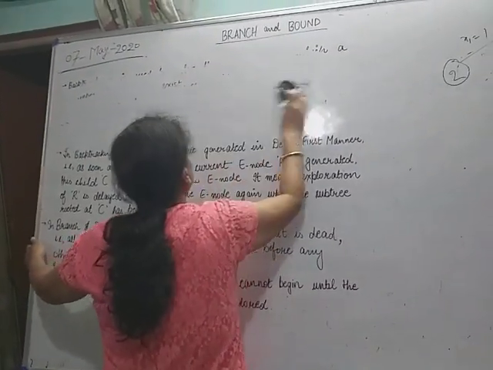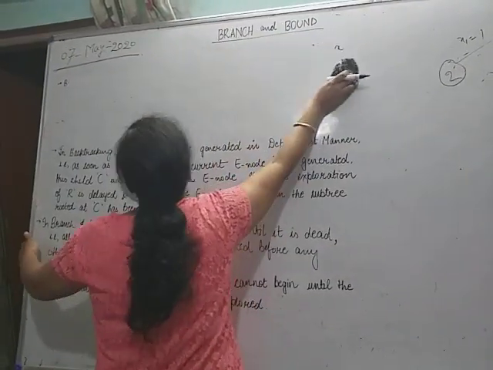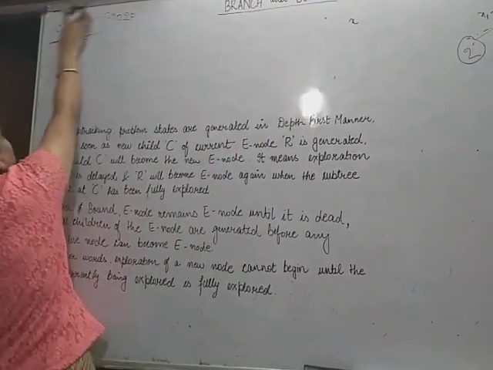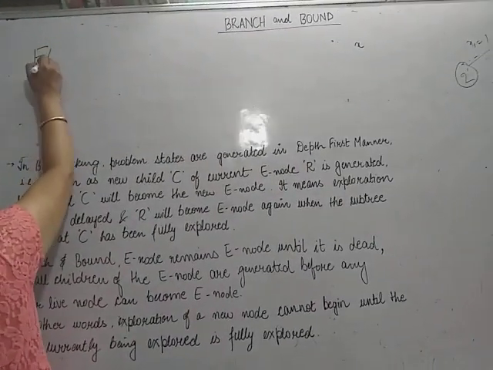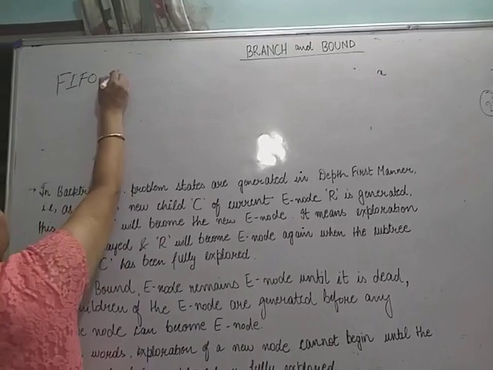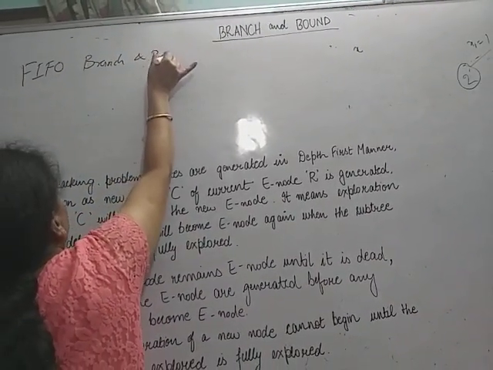You can say that there are three mechanisms. Okay, there are three types. The one is FIFO branch and bound, LIFO branch and bound,